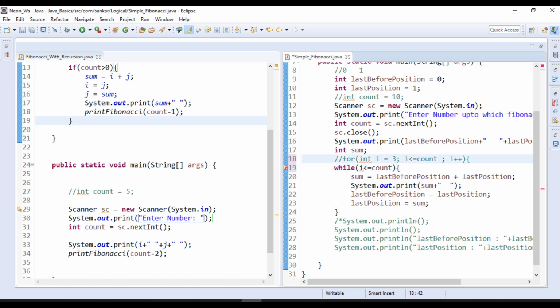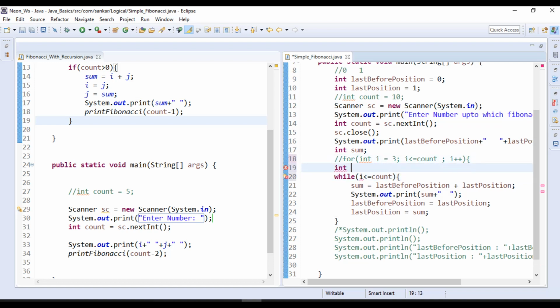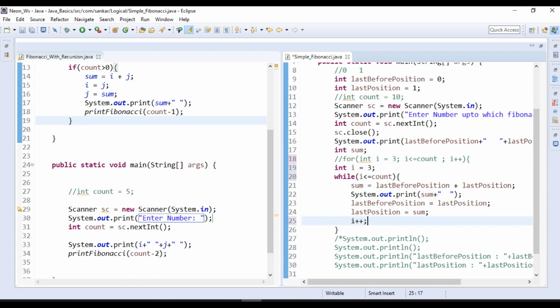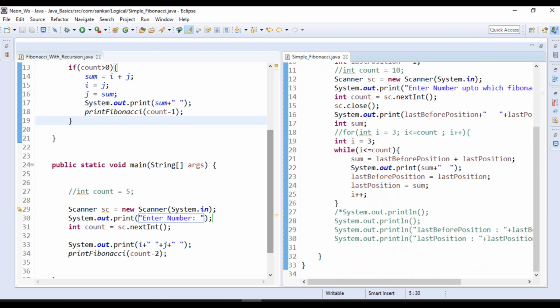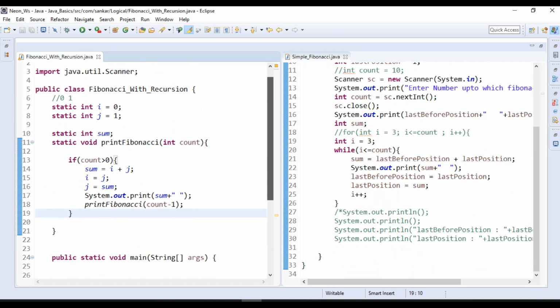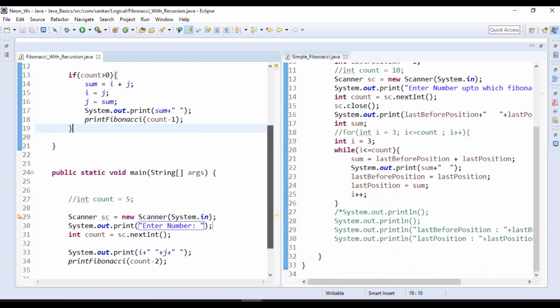Observe carefully, above we need to initialize int i is equal to 3. In the loop we need to increment every time, otherwise it will keep running infinitely, right? So these are two programs: this is the normal simple Fibonacci series using the looping concept, and this is using the recursion concept. These two things I covered as of now.